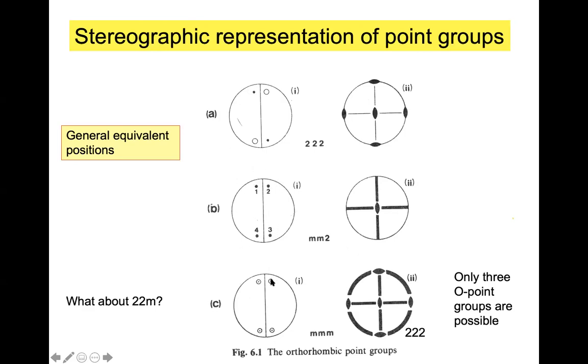But here, one above, one below. One above, one below, or one above, one below. That means this possesses center of symmetry. So out of three orthorhombic point groups, only one possesses center of symmetry, which is MMM, triple M. So if you are looking for a ferroelectric, piezoelectric property, you should not look for material which has this kind of symmetry. You should look for 222 and MM2. I hope it is clear.